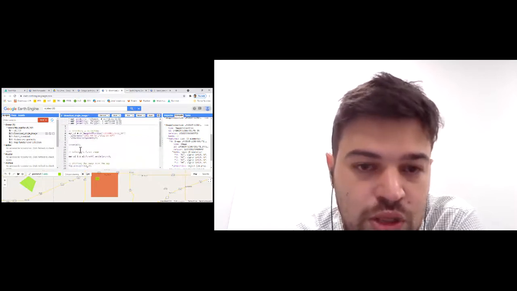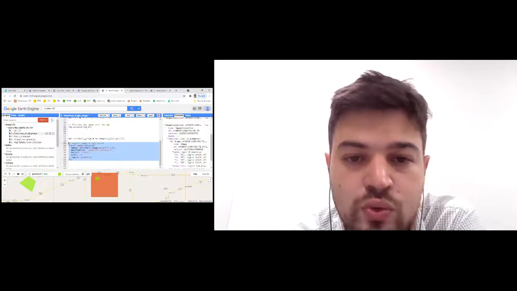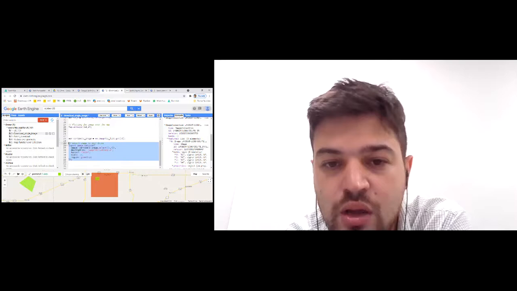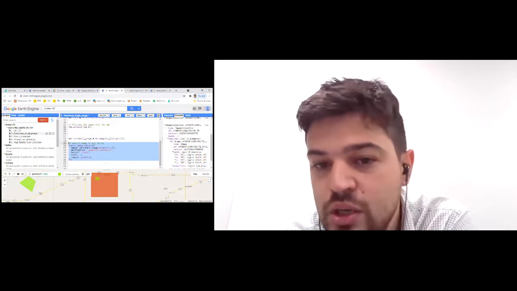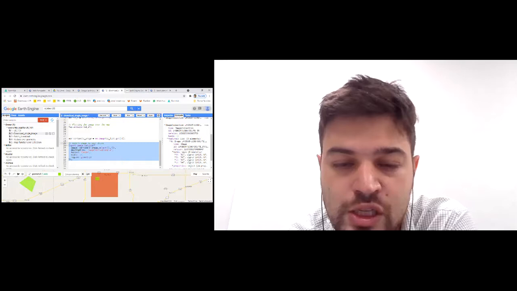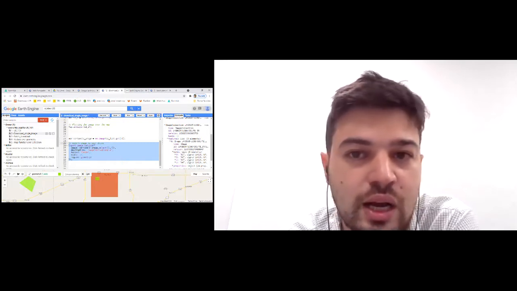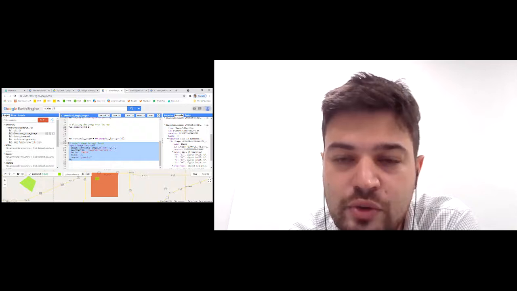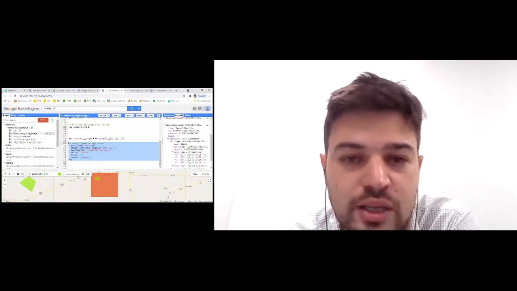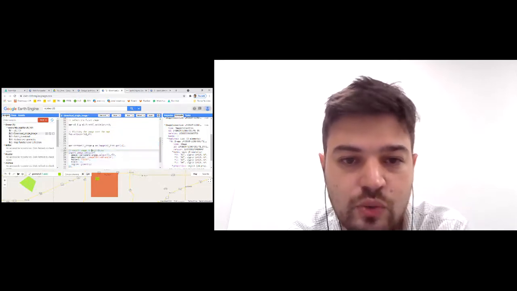So we have done all this for getting an image, and now we want to export that image. Remember, when you export an image from Google Earth Engine, we will not export to your local computer. You will export to your Google Drive, the Google Drive that is linked to the same account that you have. So we have a Google account, now you have a Google Earth Engine section, and also you have a Google Drive. So basically, I'm going to run this